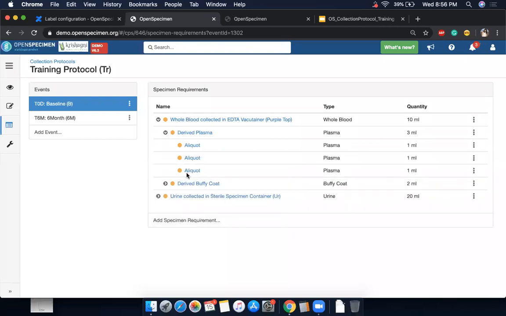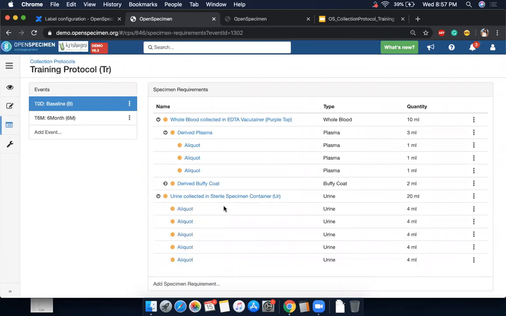And of course, as I mentioned, when you're doing actual collections for the patients, if there are deviations, suppose I collected only 5 ml of blood and made only 2 aliquots of plasma, all these can be changed. Any reduction or increase in the number of aliquots, or changing the quantities, is possible when you're actually collecting. And if you're collecting saliva for specific patients that you have not defined in the protocol, you can still create them for those patients. So this is just a template you're building in your protocol, which will help you to do data entry and things like that.